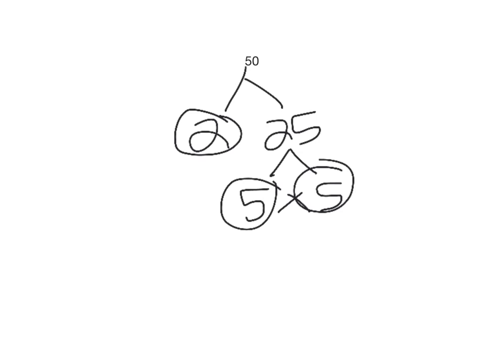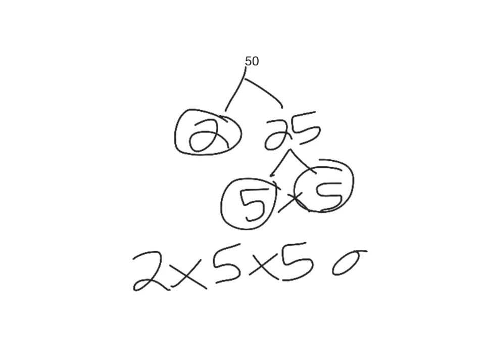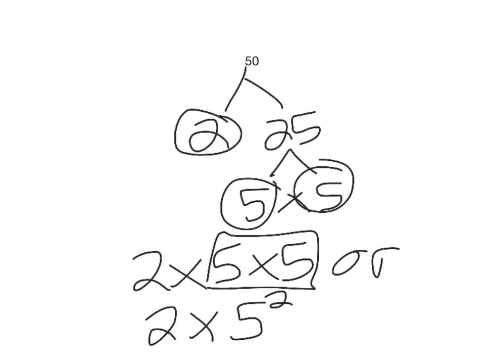It may help you to use the sheet that we made on Wednesday with our crayons about if numbers are prime or composite. I now have all prime numbers, so I can write it in expanded form, or I need to write it using exponents. And I have 2 5s, so that is 5 to the second power. You need to make sure that you are writing it in both forms, because you're going to be asked to write it in both forms